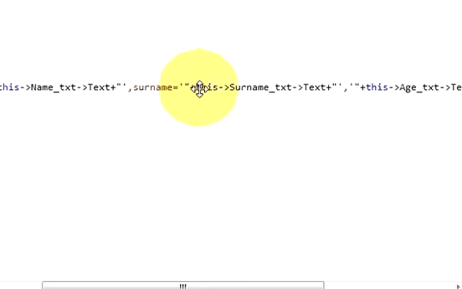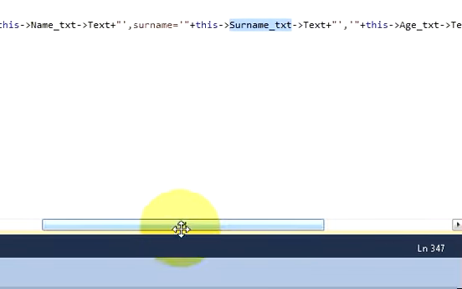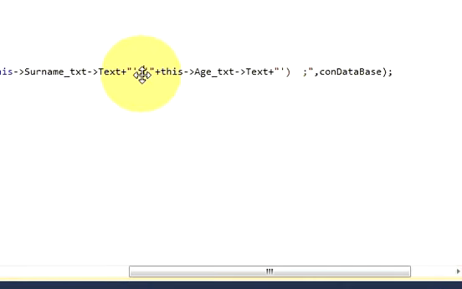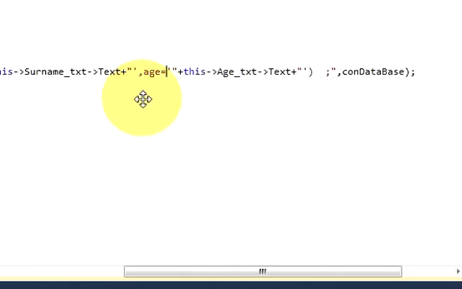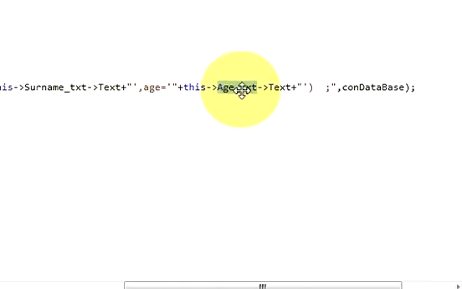So surname is equal to this surname text box name, arrow pointer text, and our fourth column is age is equal to this age text field, arrow pointer text. Okay,